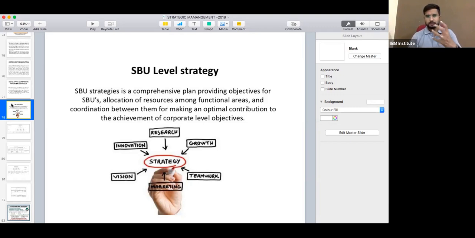Now, keeping all those considerations in mind, it is very important that in all organizations there should be a particular coordination, a particular association between all the strategic business units of the organization. Only in an integrated fashion can these companies achieve the company's overall growth or overall target. When we talk about all this important information, the SBU level strategy,